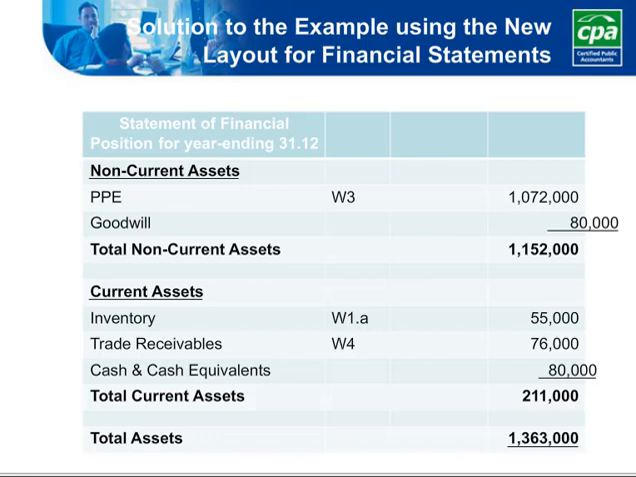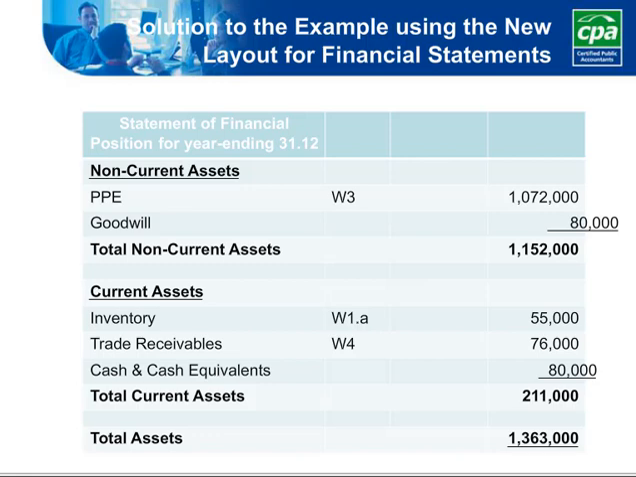So, as previously seen, our first line in non-current assets is property, plant and equipment. We've calculated that already in working 3 as being 1,072,000. To this we add the goodwill figure of 80,000, which is accounted for as an asset, as it would generally be seen in the business for greater than the year, and this is why the IASB includes it under non-current assets. We add up the total for property, plant and equipment and goodwill, giving a total for